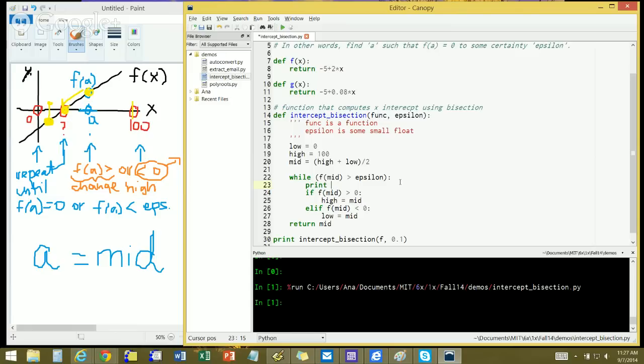Okay, so let's print, let's see, what values are important. Maybe the low equals, oops, low, and then we can print high equals,